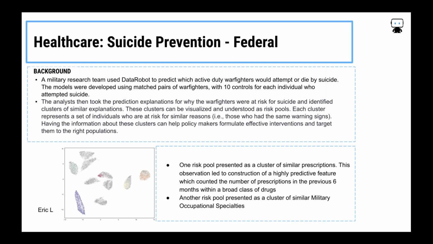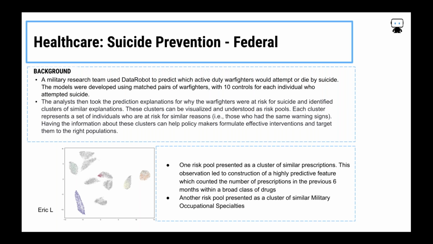So we were able to see by looking at, say, the prescriptions, there was a certain class of prescriptions that was especially helpful by looking at the word cloud output that's available in the DataRobot platform. So again, the prediction explanation clustering led us to an investigation, which led us to new feature engineering, and ended up producing a better model on that tail end. So we can use this not just as a destination, but really a tool and an ongoing analysis to continually get further insights, refine our model, and push forward there.